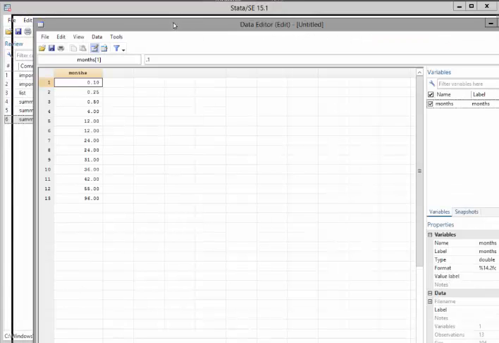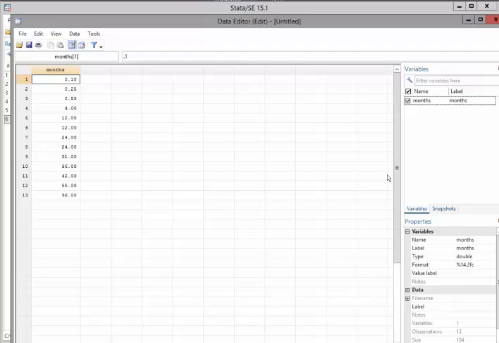This brings up what looks like a spreadsheet because it's a spreadsheet. I don't like the variable name months. I want this to look like induction times because that's what it is. So I'm going to call this variable induction. I want the label for this variable to be induction time in months. And I'm just typing it in because I know that I have to have the units, because my teacher gets really angry about things like that